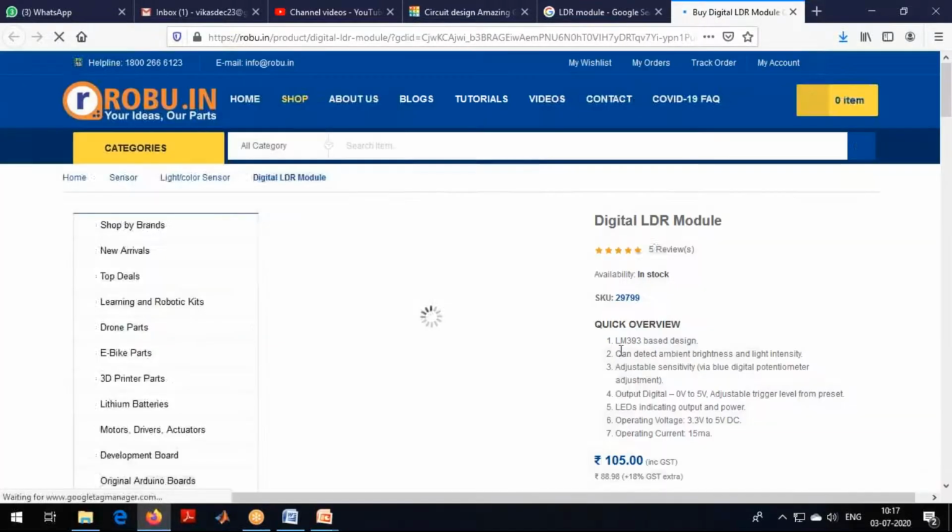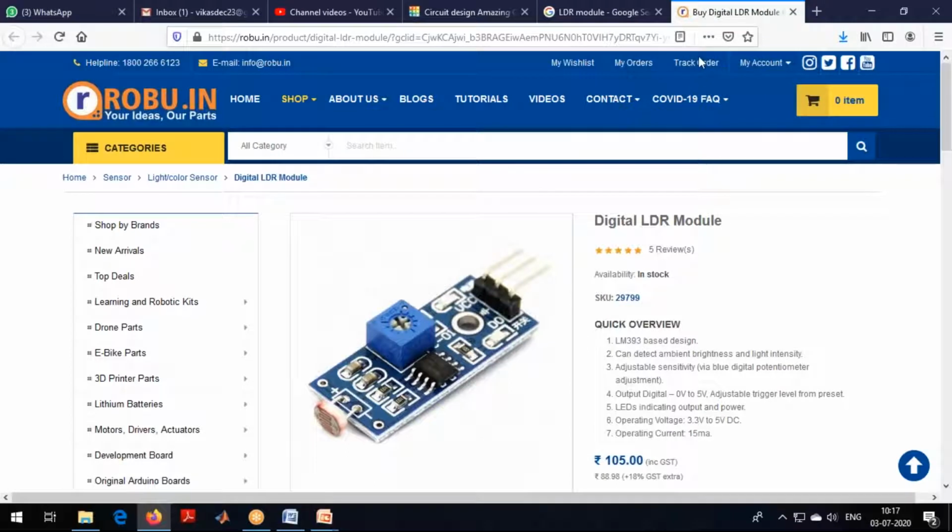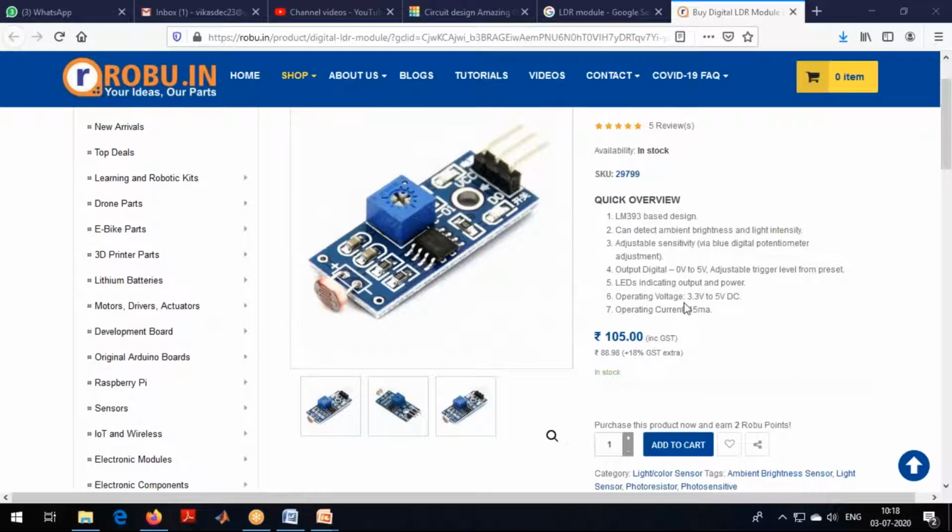It says LM393 design can detect ambient brightness and light intensity. This is also the same.